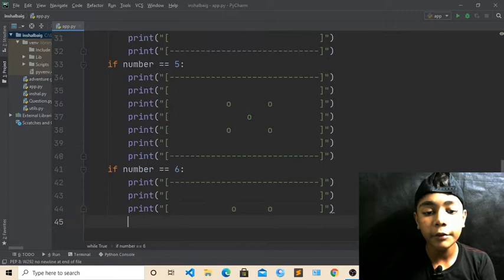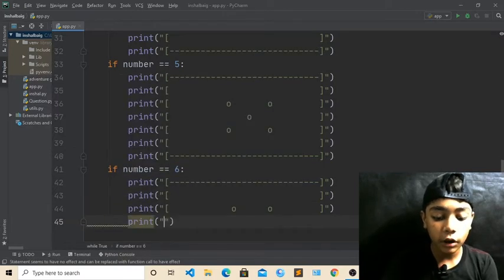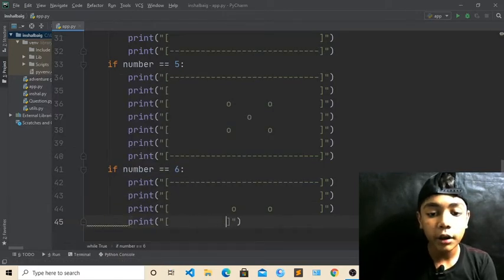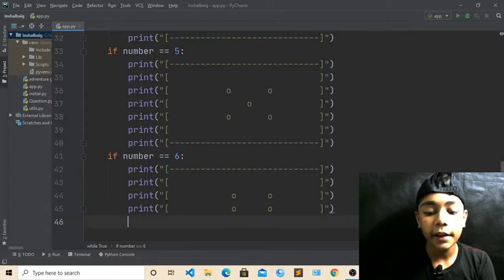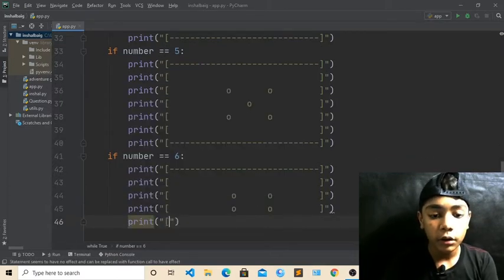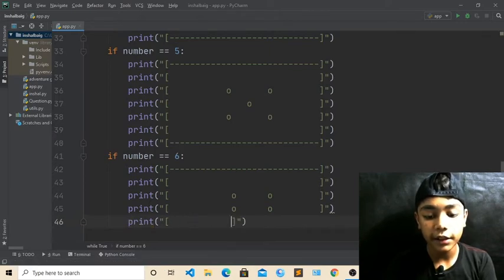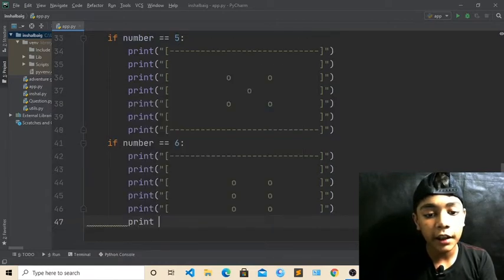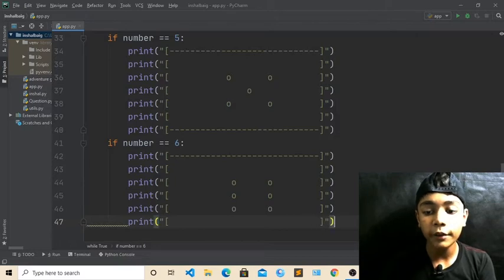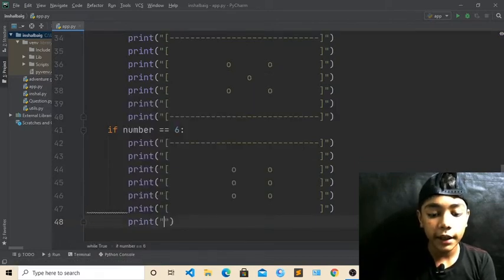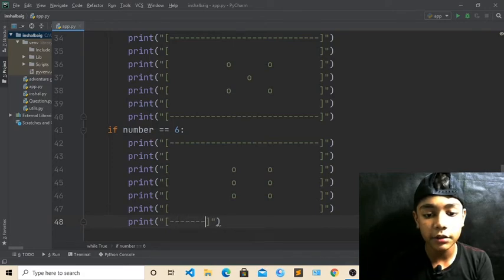Come over here, and you have done till here, print, which will be now like that, square bracket open, and now here you have to define dice again, and dice here also. Till here we have defined backspace here, and now come over here, and we have to write another dice, because these are 6, so we have to write 6 over here. Now when you have done till here, this will be empty with square brackets, and now this will be print, square brackets, and now there will be dashes over here. Now this is done.